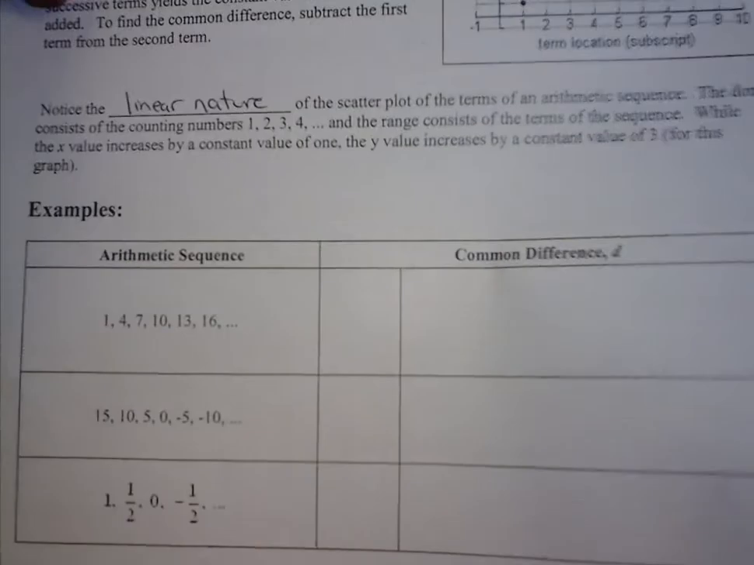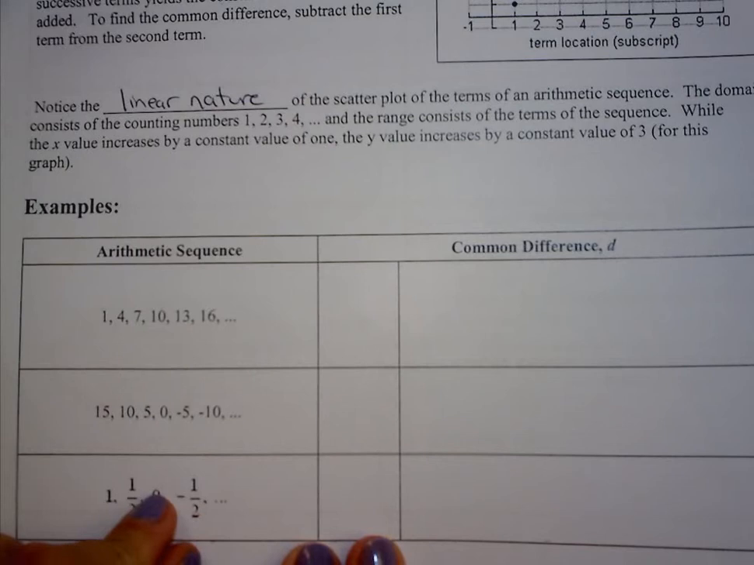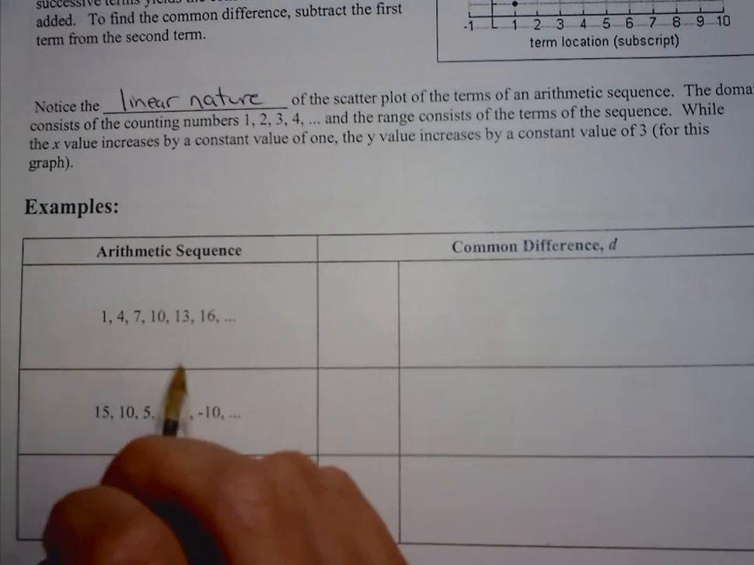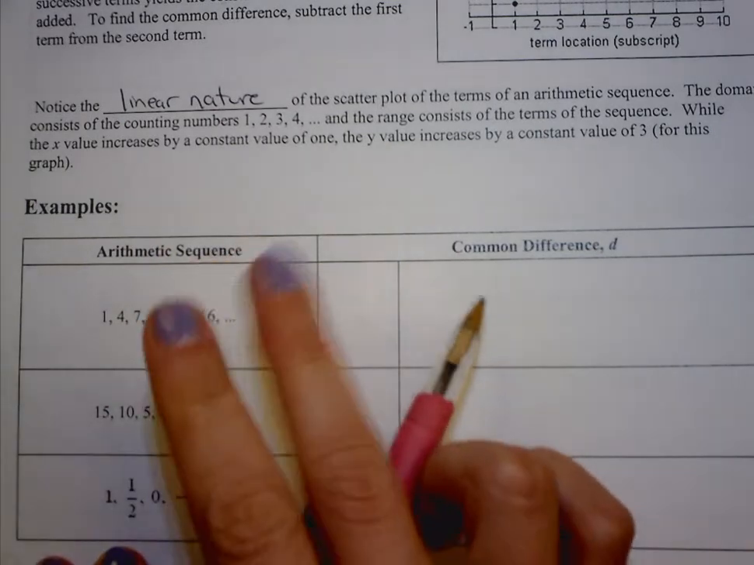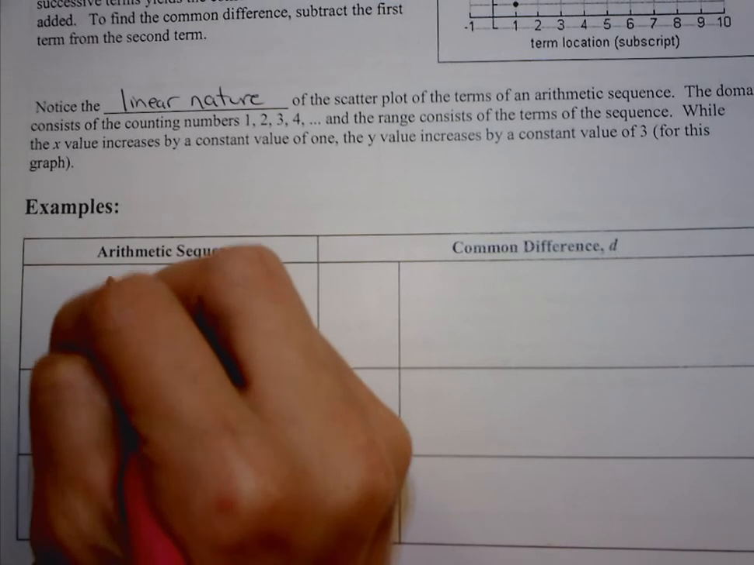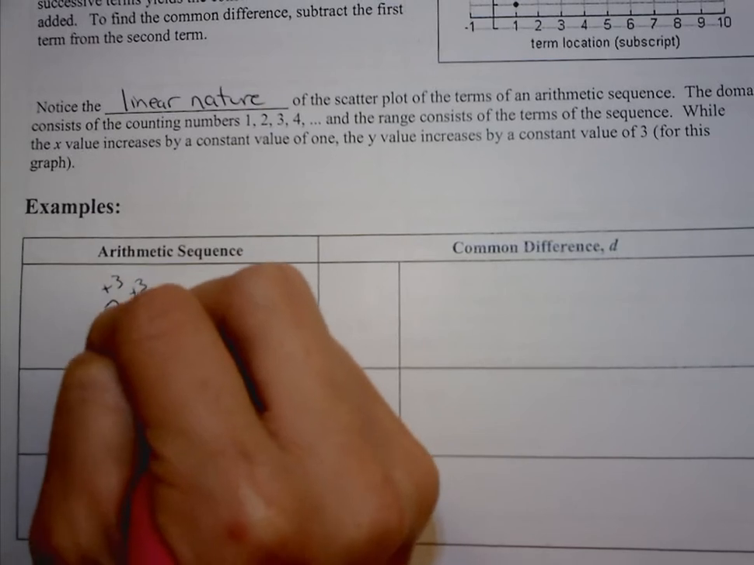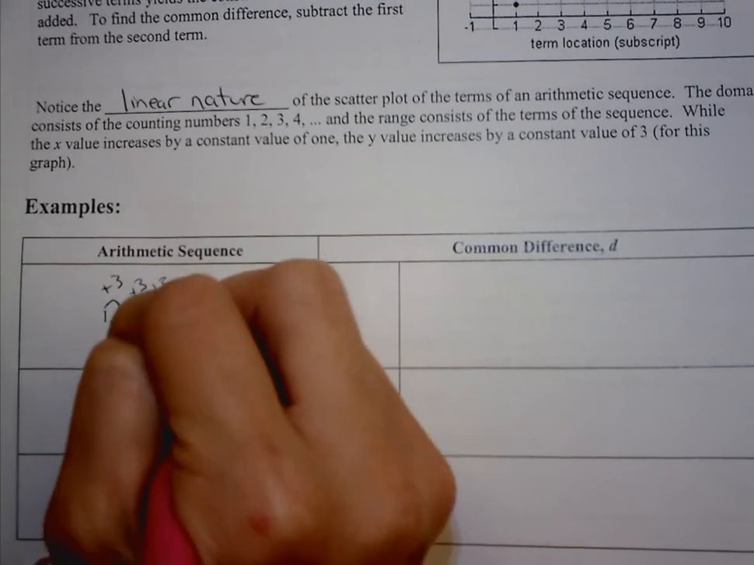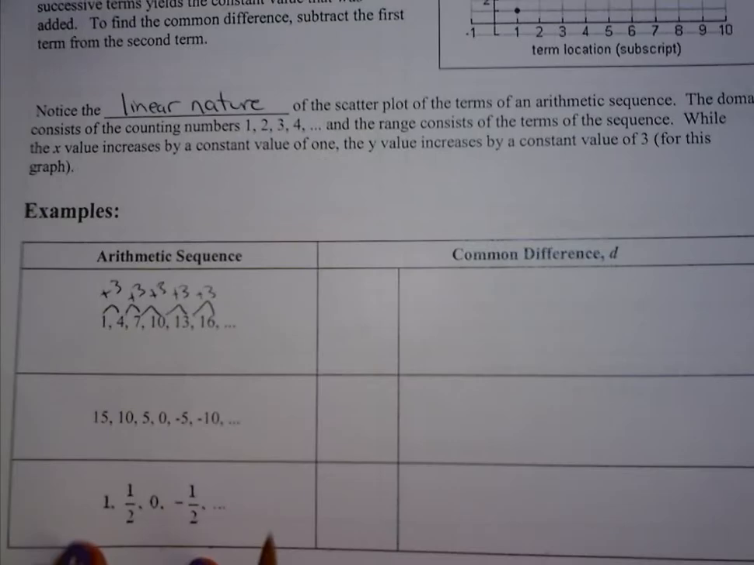All right, let's go to some examples. So these are all three types of an arithmetic sequence, and I know that it's an arithmetic sequence if it has a common difference. The common difference is what I'm adding or subtracting by each time. So here, 1 plus 3 gives me 4. 4 plus 3 gives me 7. 7 plus 3 gives me 10. 10 plus 3 gives me 13. 13 plus 3 gives me 16. So notice the linear